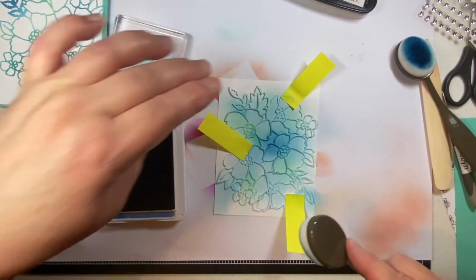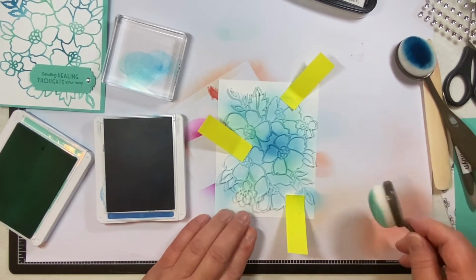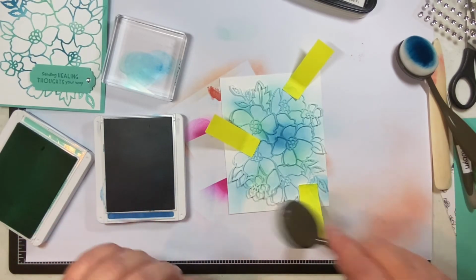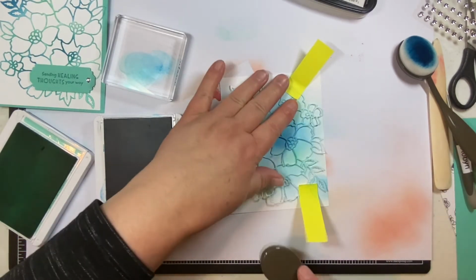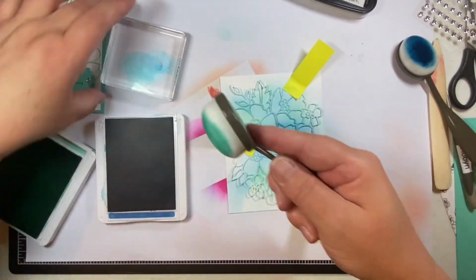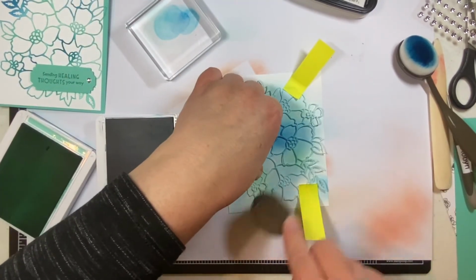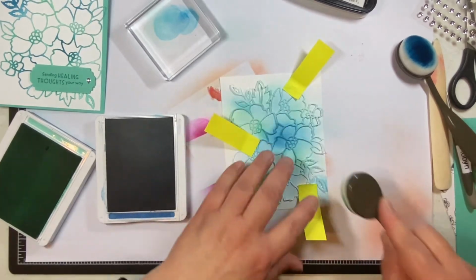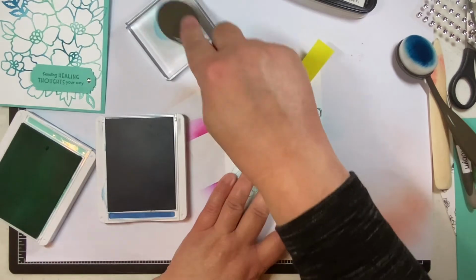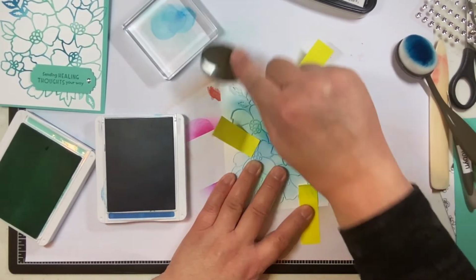Hopefully you can see this with trying to keep my hand out of the way. So I'm just doing some coloring around it, but now I want to make sure that I have color along all my edges without moving my mask. So I'm going to go back in with my Coastal Cabana on some of the edges, and then I'll go back in with my blue, my Pacific Point, on some of the other. But I want to get rid of some of the white that you're seeing,